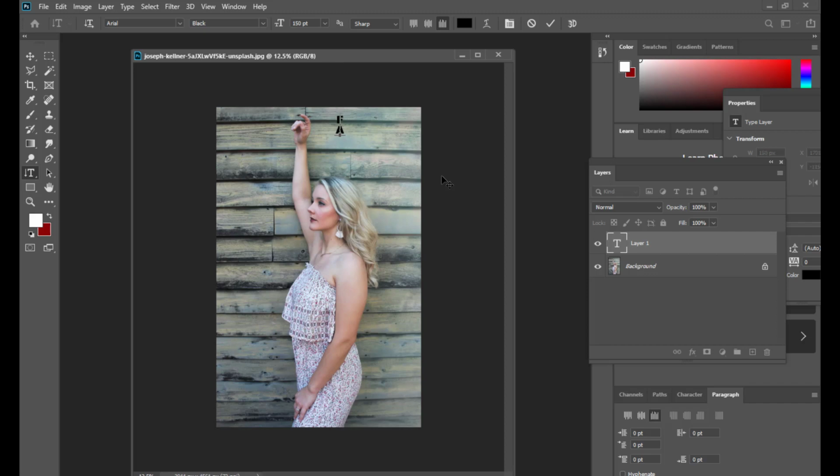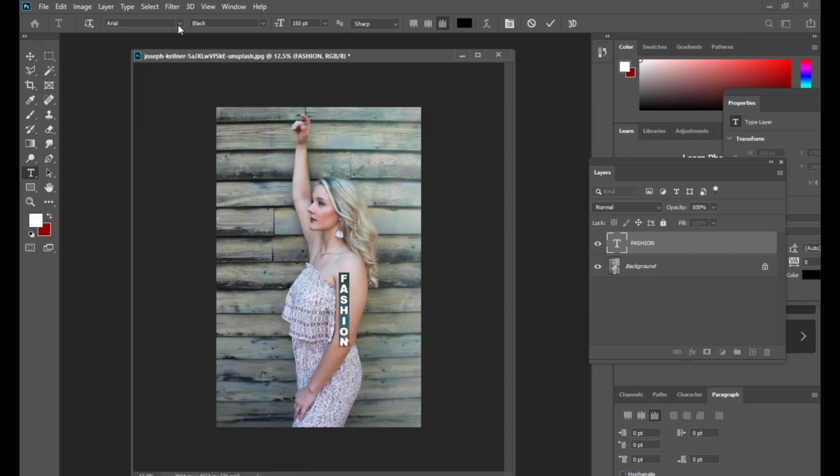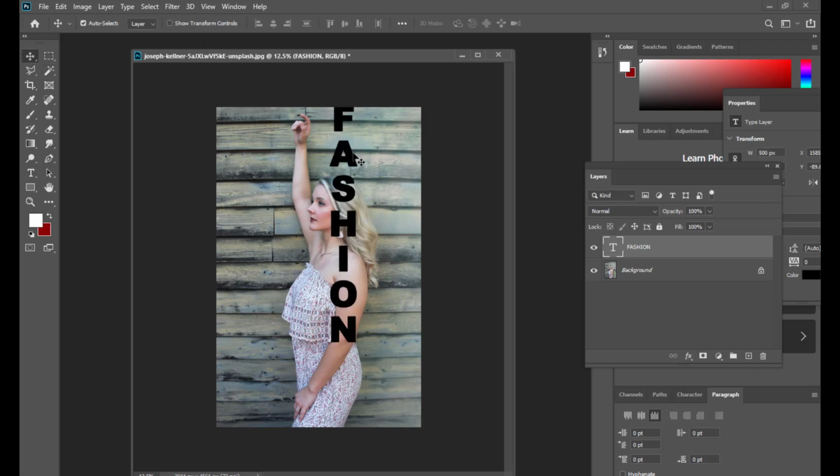You can type whatever you wish, and I have taken a thick font. The thickest font is Arial Black, and you can try some other fonts you can download from the internet, and you can do according to your choice. And let's put a value 200. It's not enough, actually we'll put a very big value. Okay, this is enough. 500 is enough, right?